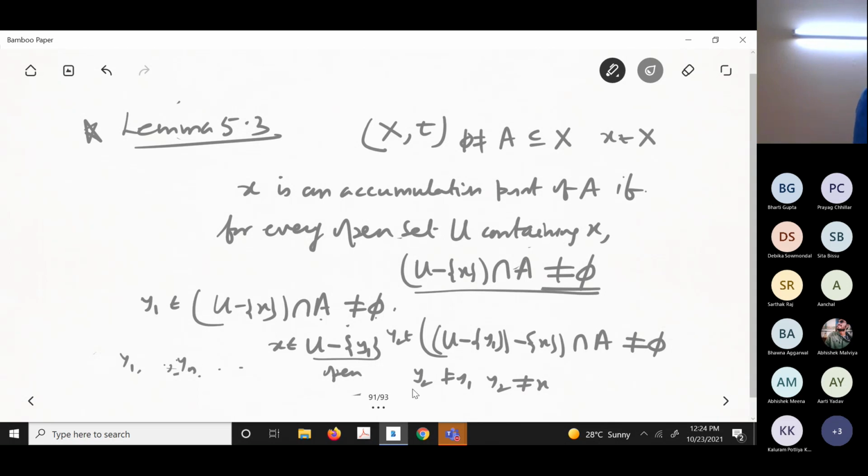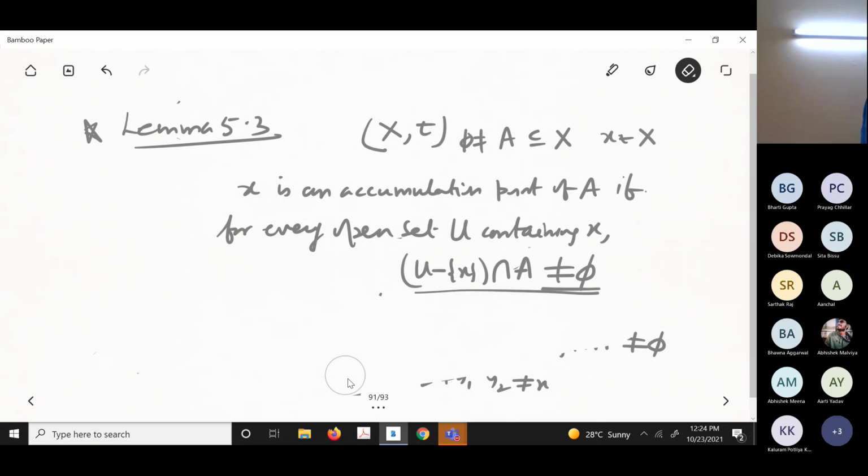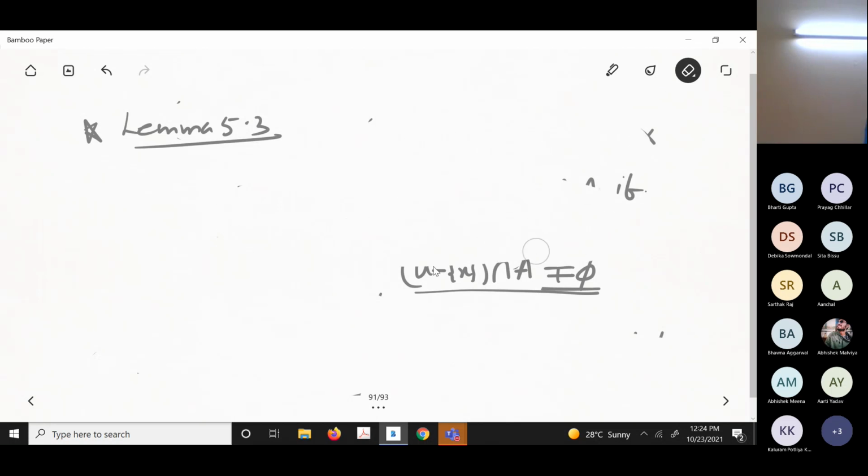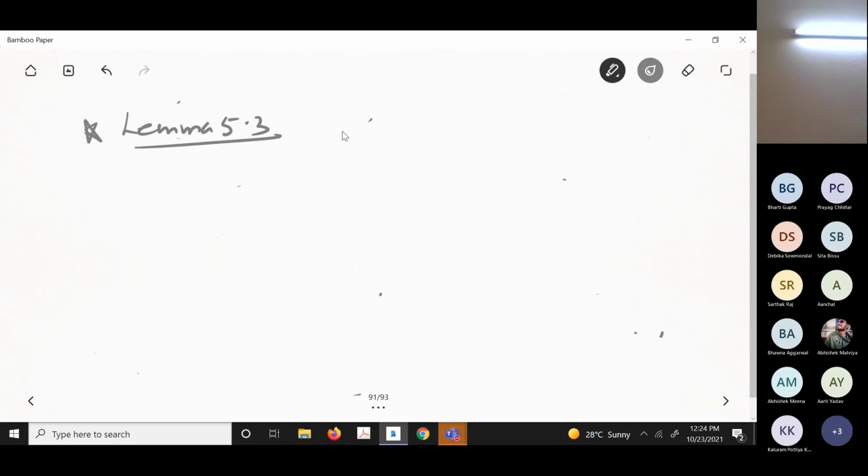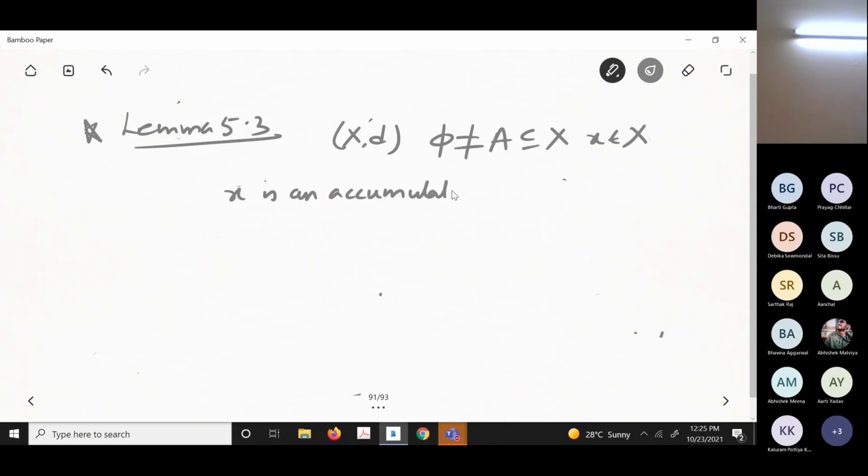So that it will be an accumulation point. Now that means what I am trying to say in the lemma: if you have that X is a metric space, A is a subset of X, x belongs to X, then x is an accumulation point of A